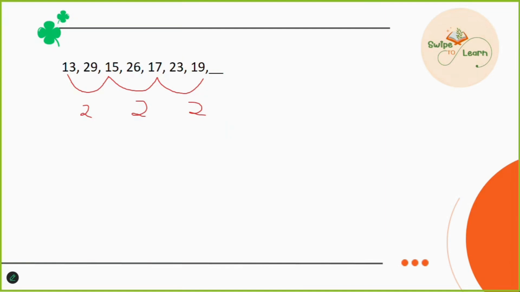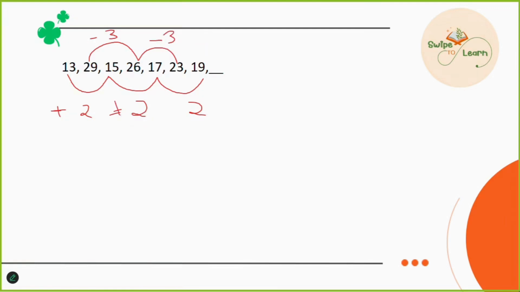That means this is an alternating series question. So if these alternate numbers are following a pattern, then definitely the remaining numbers are also following a pattern. So the remaining numbers are 29, 26, 23. Okay, so here the pattern is minus 3. So 29 is the biggest one and then 26, the numbers are decreasing. Whereas here the numbers are increasing, and the remaining numbers are being decreased by 3.